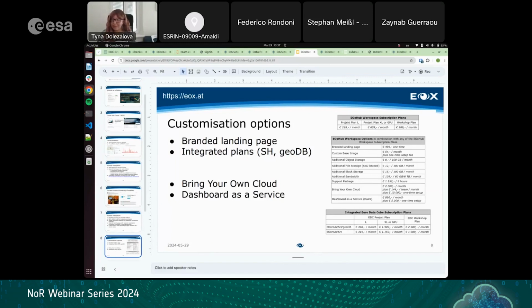We are working on two other options, and they are coming soon: bring your own cloud and dashboard as a service. The bring your own cloud service means that, for example, you have your own cloud provider, but you would like to have EOxHub as a platform or as a workspace running on it. Our team, or my awesome colleagues, could help you set up EOxHub on your own cloud and also maintain it. This is not limited to a base setup, but it can be combined with other features, for example, regarding the resources or any other